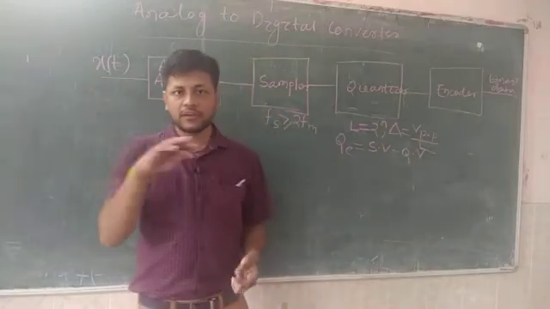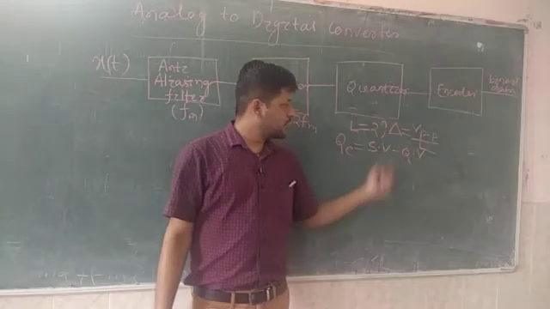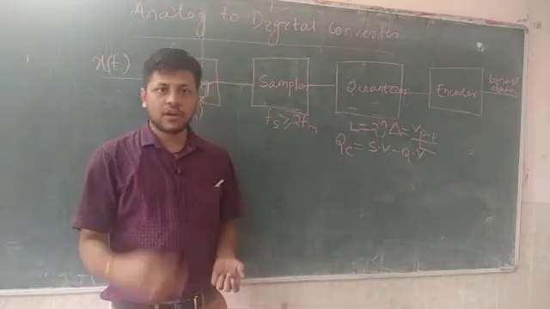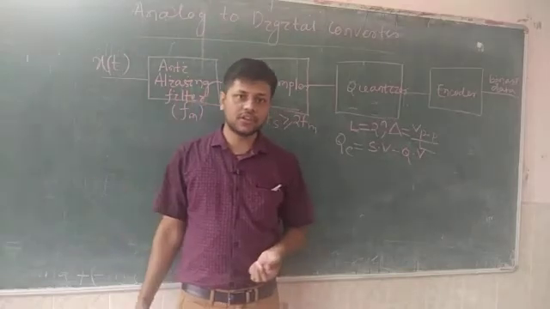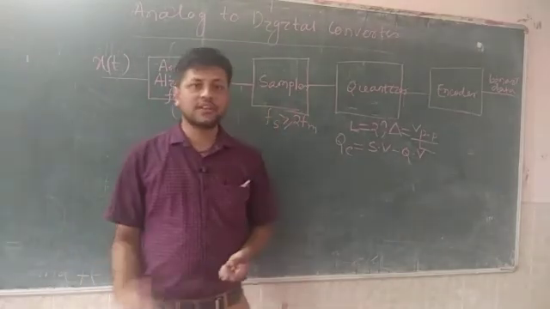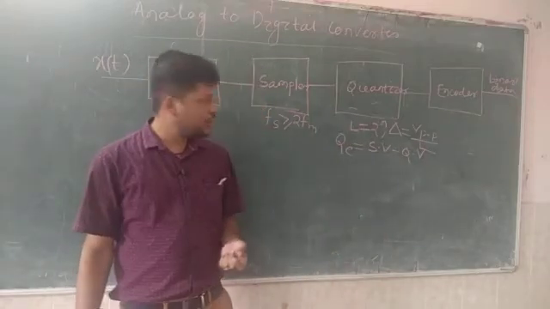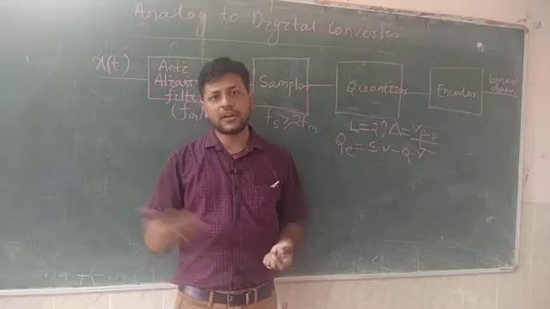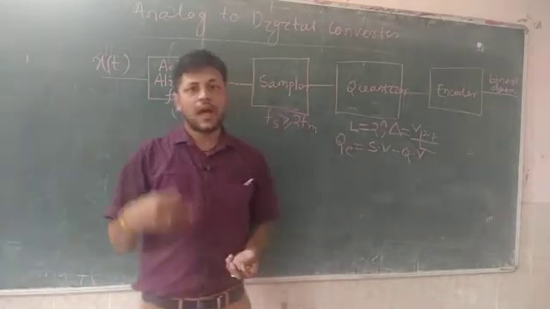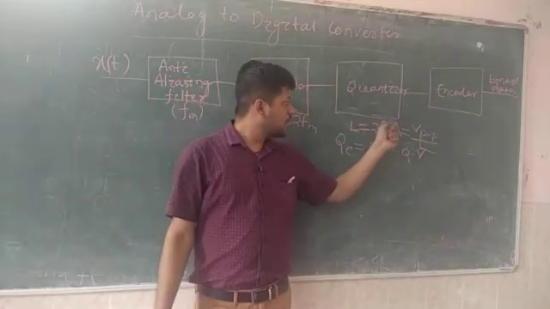When we divide into quantization voltage levels, an error arises during quantization. Since we are rounding off the sample voltage to the nearest quantization voltage level, there must be some error, and that error is known as the quantization error. As a communication engineer, we need to reduce this quantization error, so that we have the actual signal with better clarity and small distortion.